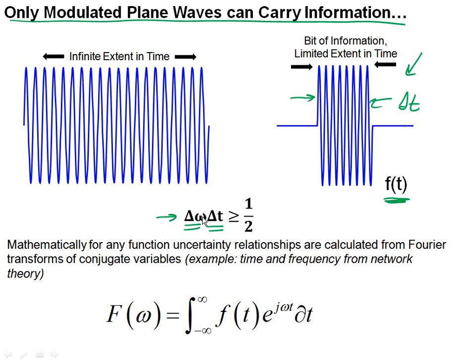Now, this is a very hand-waving explanation, I'm afraid. If you want to do this correctly mathematically, you have to use the Fourier transform between conjugate variables. And remember, omega and t are conjugate variables. So you can convert between frequency and time using the Fourier transform. But this is for another course. You probably call this course networks or something like this, and you've probably covered this before. But all of this starts to tie together because the plane wave solution we study is the case of an infinite extent, and we have to get more complicated and modulate it if we're going